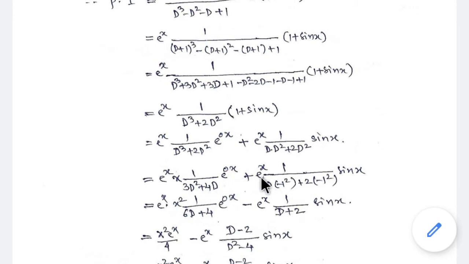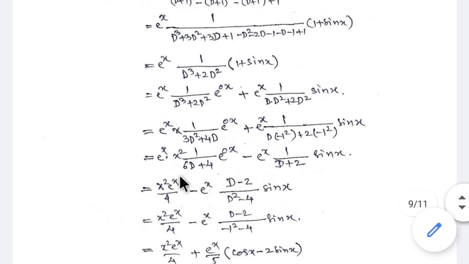plus e raised to x into, here you can replace d square by minus 1 square. The coefficient of x is 1 here, d square is replaced by minus 1 square, the d term you write as it is, d into d square, in the place of d square you write minus 1 square plus 2 into minus 1 square into sin x, e raised to x into, again if you substitute 0, again it becomes 0, so again you will multiply one more x here, so x becomes x square. Again you differentiate with respect to d, this becomes 6d plus 4, differentiation of 3d square plus 4d is 6d plus 4,